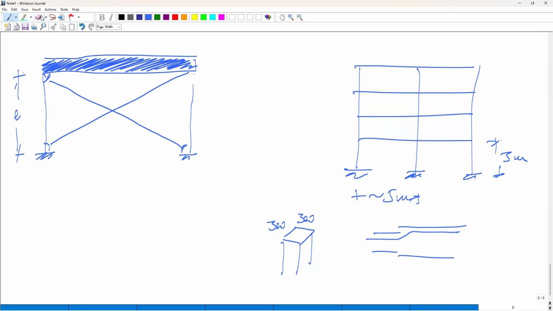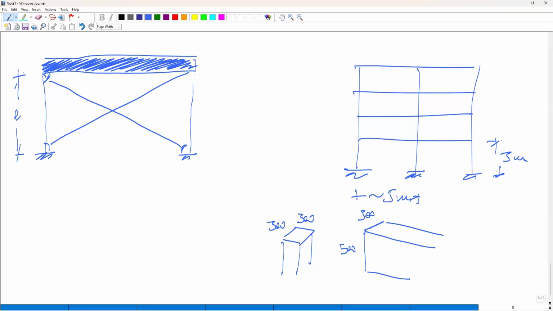So you don't want this. So the beam is typically 300 millimeters wide. And we have said commonly we make the beams deep 1/10 of the